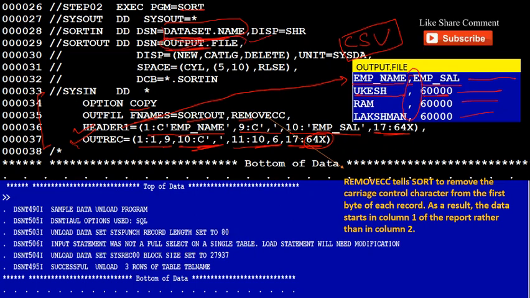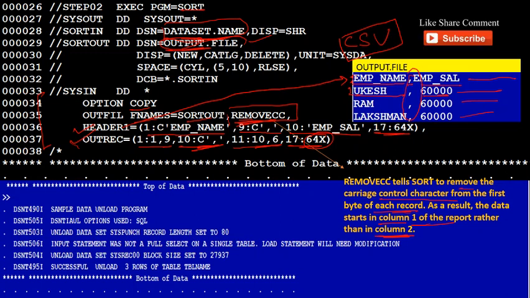and we can send this report to our client if they want. And there is an urgency for REMOVECC. You need to keep this REMOVECC because it removes the carriage control character from the first byte of each record. As a result, the data starts in column 1 of the record rather than in column 2. It means if you do not write this REMOVECC, our output file or CSV file will contain extra data, like there will be 1 1.